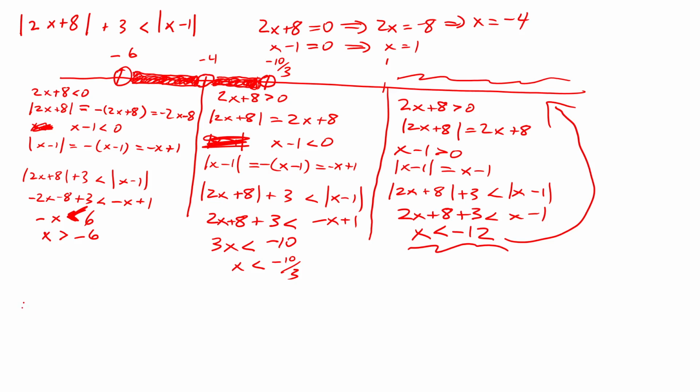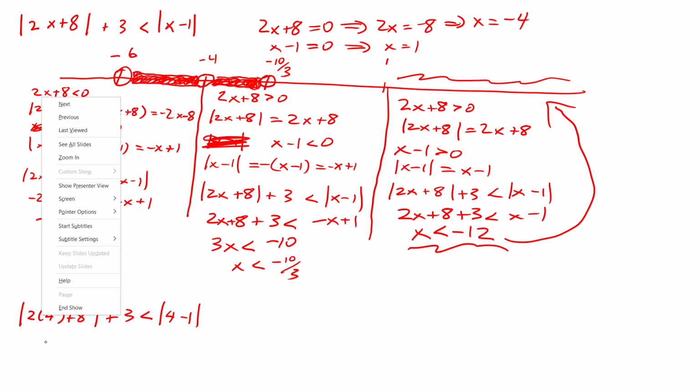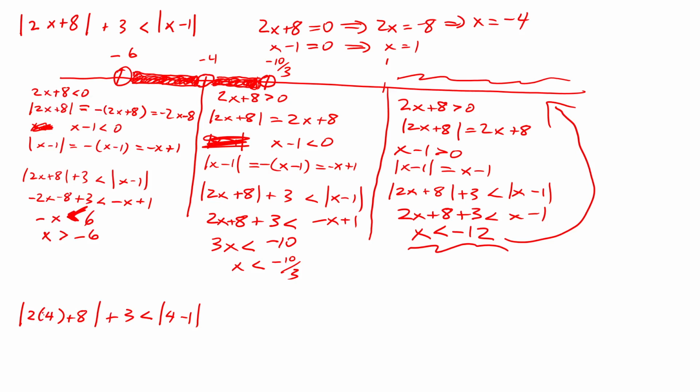Well, let's check it. Let's plug a 4 into the original expression. Absolute value of 2 times 4 plus 8, quantity plus 3 is less than absolute value of 4 minus 1. Now, 2 times 4, sorry, that's a negative 4. I apologize, that's a negative 4. All right, so now 2 times negative 4 is negative 8. So I would be testing that the absolute value of negative 8 plus 8 plus 3 is less than